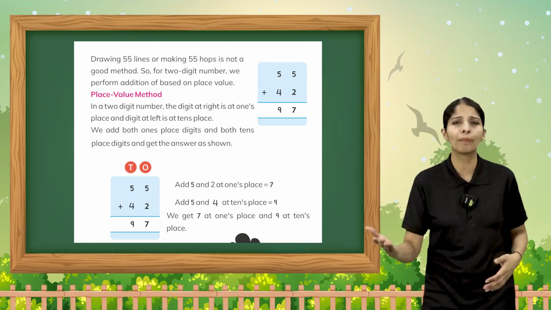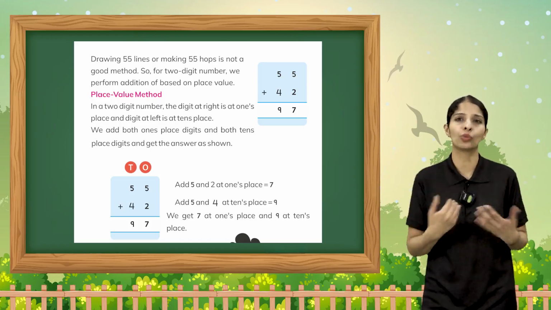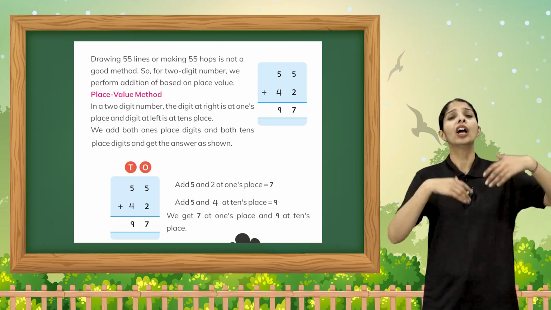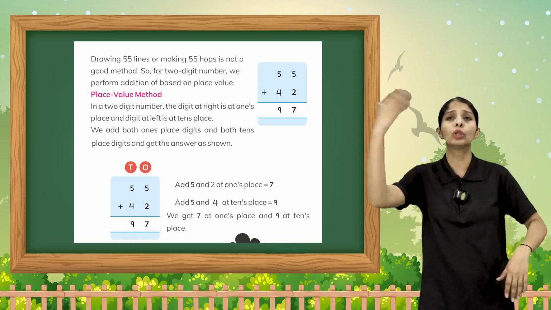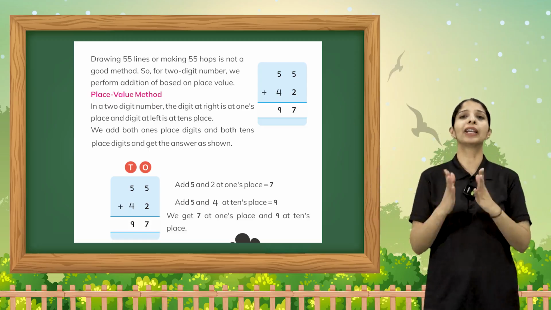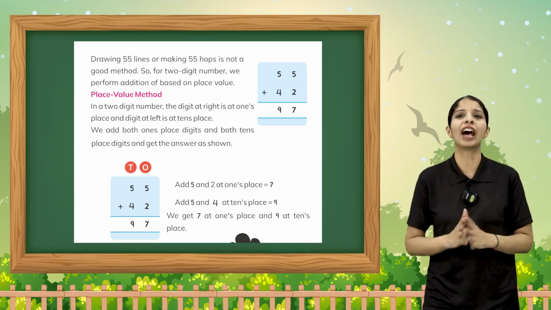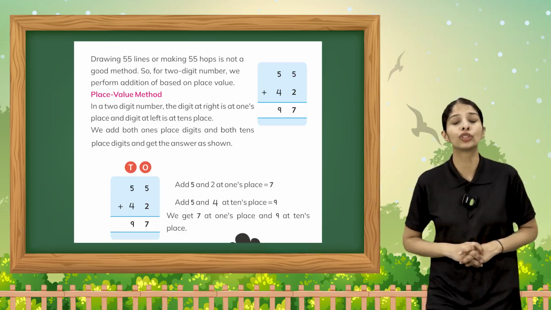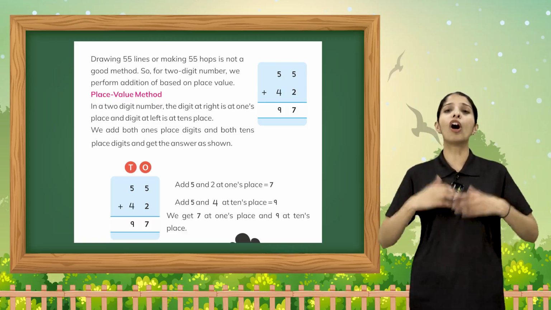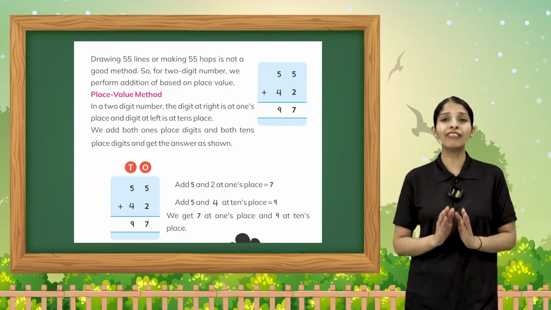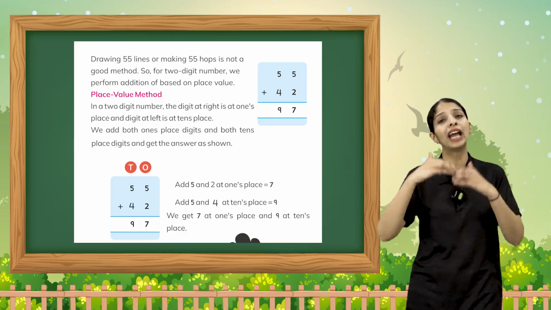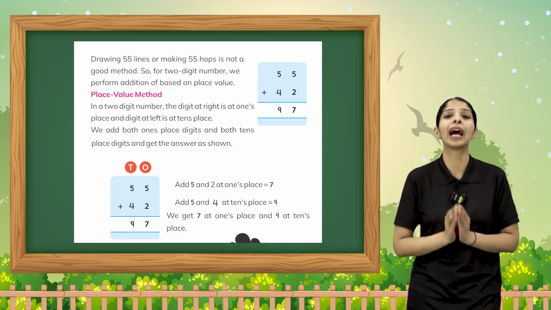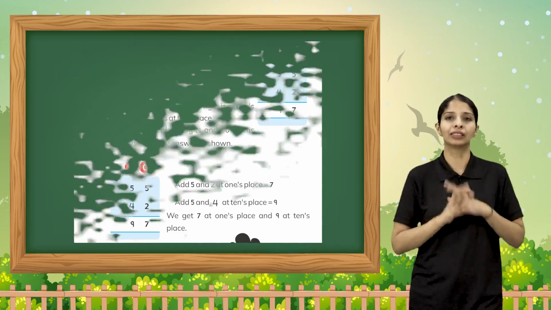Whether you're going shopping, the addition is done this way only, because you talk about amounts like 200, 2000, 3000. So the method is this place value method to do the addition of complex or bigger numbers. Today we talk about two-digit numbers, but if we talk about three-digit, four-digit, five-digit numbers, then also we do addition by the place value method. I hope you understood it well.